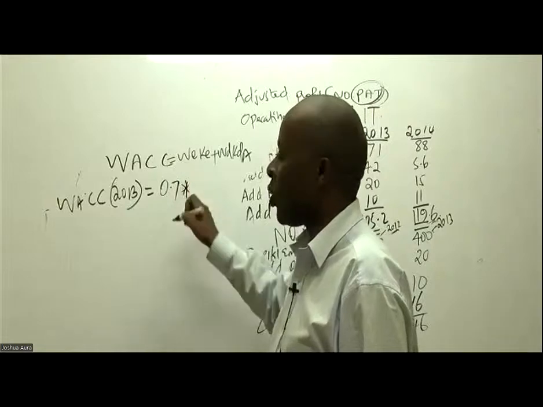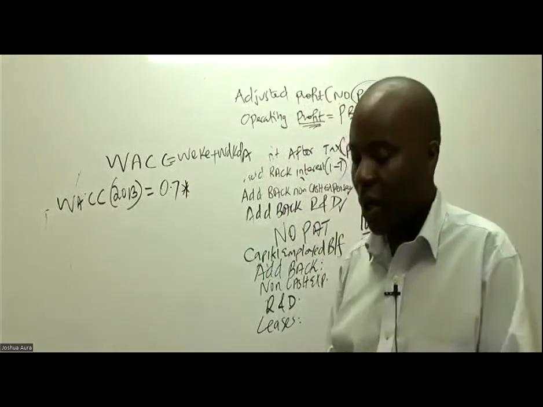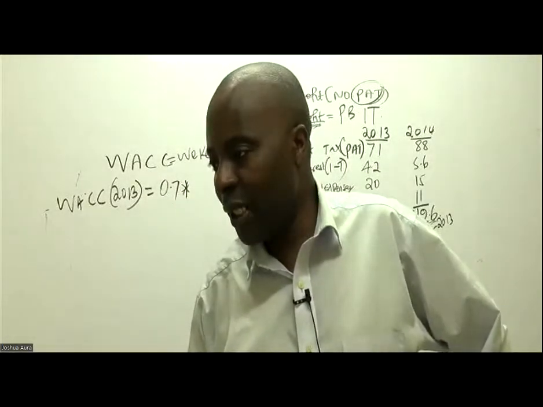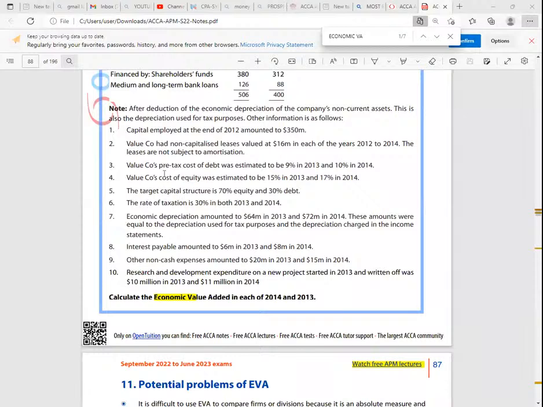So have they given me the cost of equity? Yes, cost of equity is given somewhere here. Note 3: the company's pre-tax cost of debt was estimated at 9% in 2013 and 10% in 2014. No worries, that is KD. And then note 4: the company's cost of equity in 2013 was 15%. So 15% in 2013, plus the weight of debt, you've just told me it is 0.3, times the cost of debt in